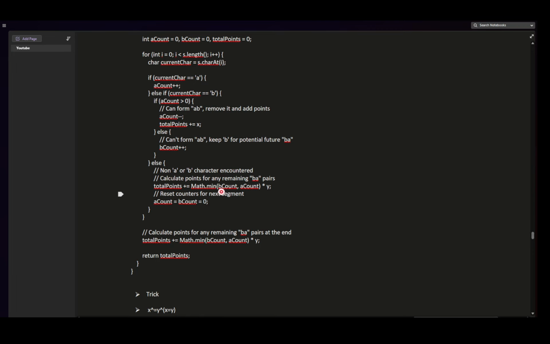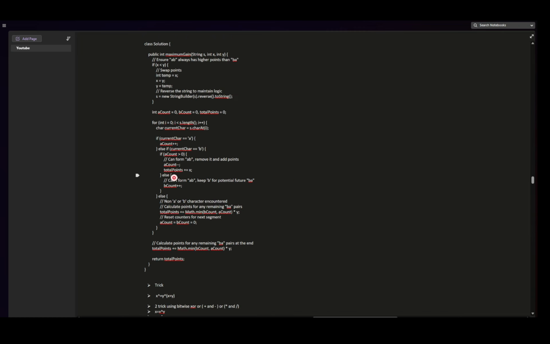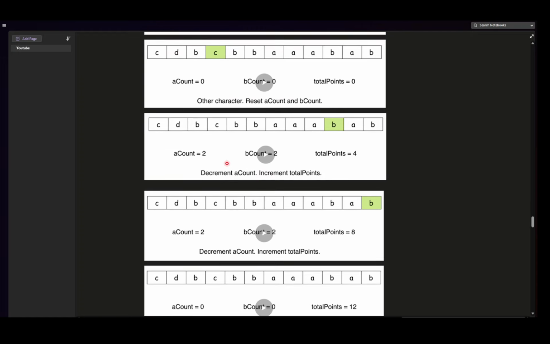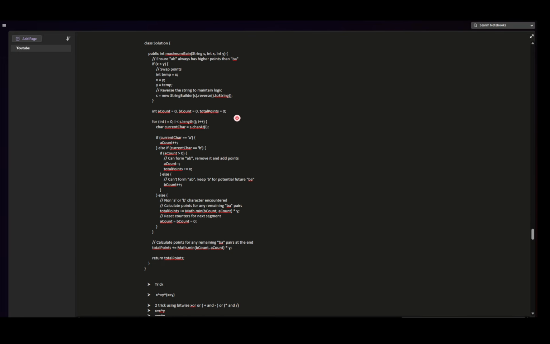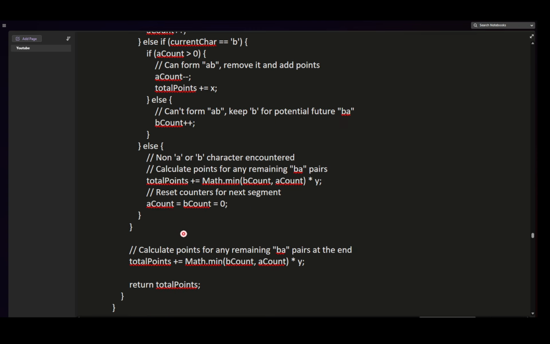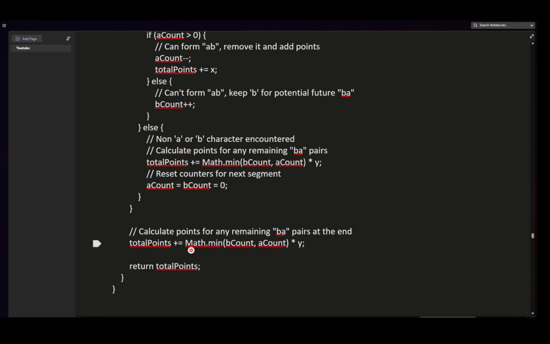And simply we are taking the min every time and multiplying by y, so that in a single pass, as you can see, we are doing it. In the previous case, we did a two pass solution. That is the most optimal. The number of times you are traversing, you are reducing. That is how much more efficient the algorithm is. This is a single pass solution, and we are storing our answer and resetting the count itself because the current occurrence doesn't contain AB. And at the end,